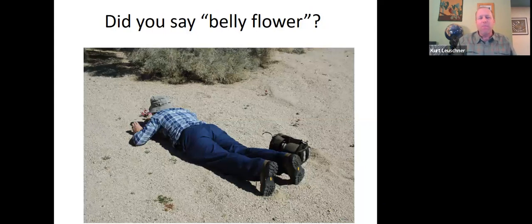I think that's what this guy's doing. He's actually looking at a Bigelow monkey flower. I can see some pink on it. But we call these flowers that are really low to the ground and really diminutive and small belly flowers, because you really do need to get on your belly with your hand lens to appreciate them. And again, we certainly can't pick these flowers, but you can get up close to them and take some really nice photographs,